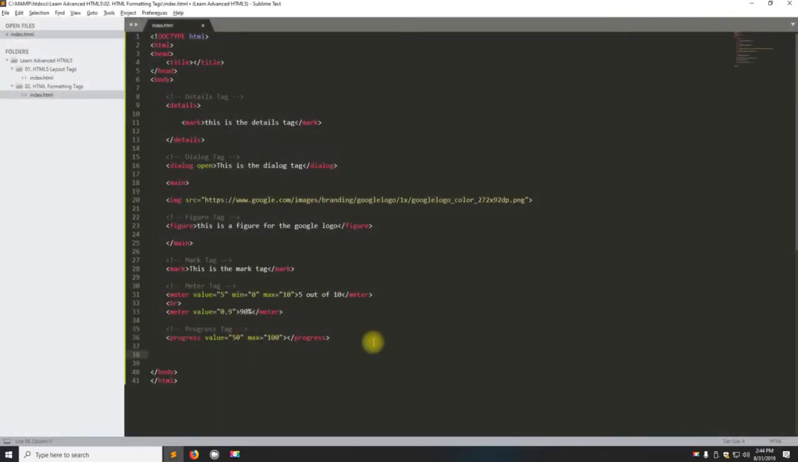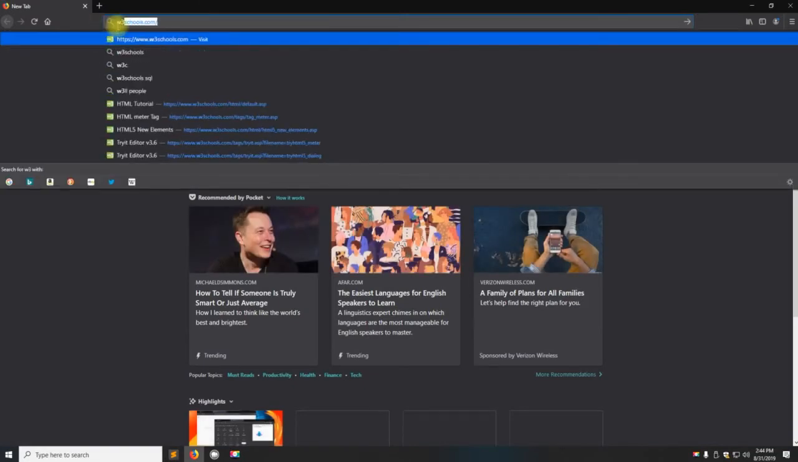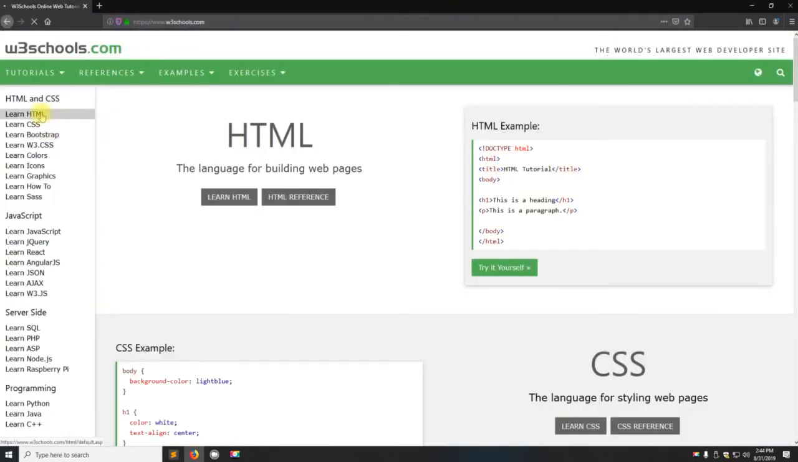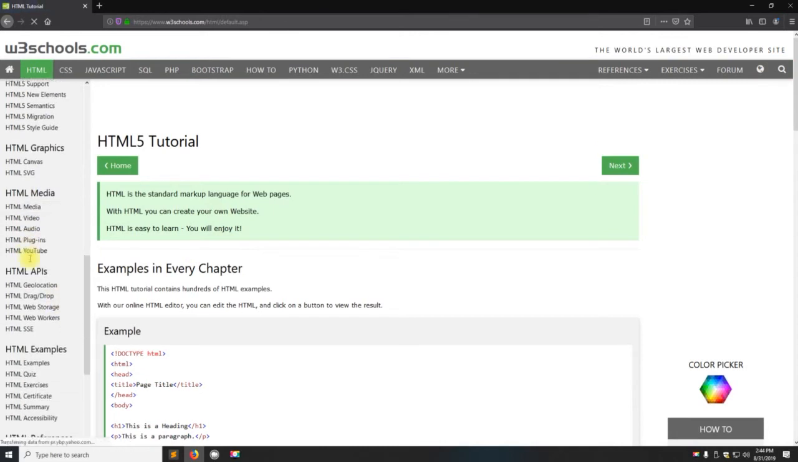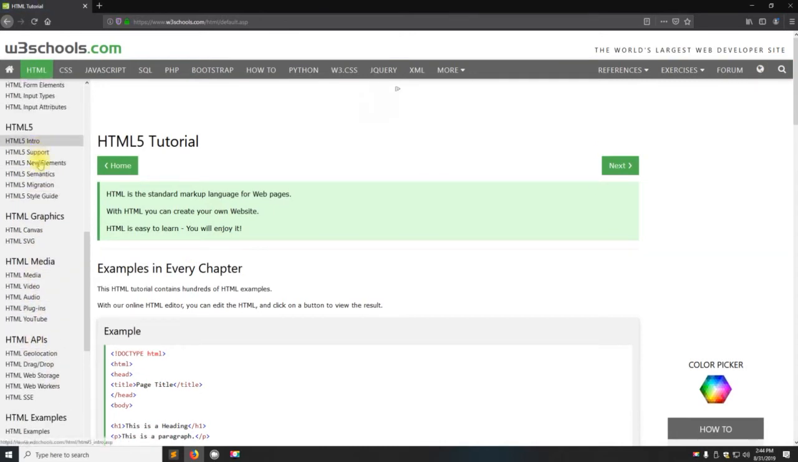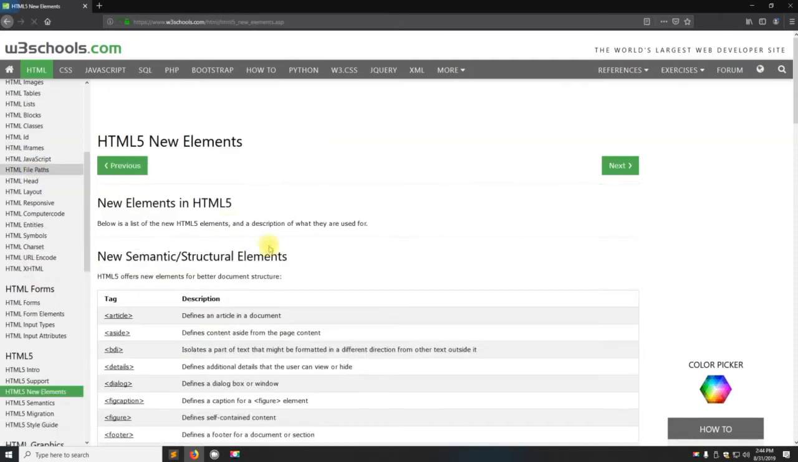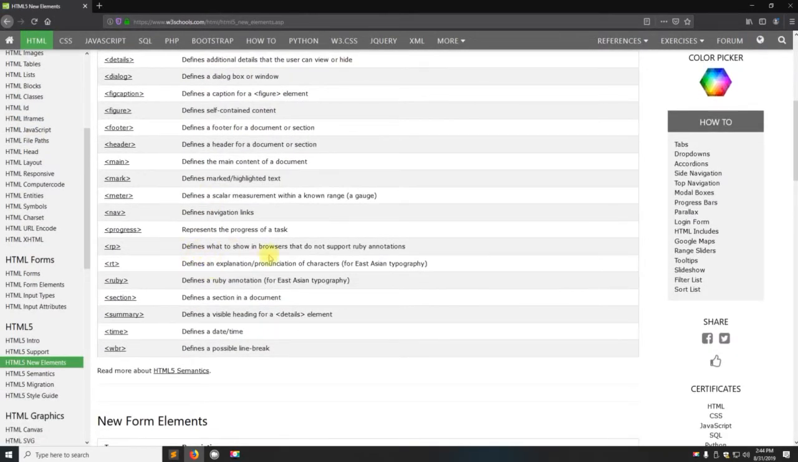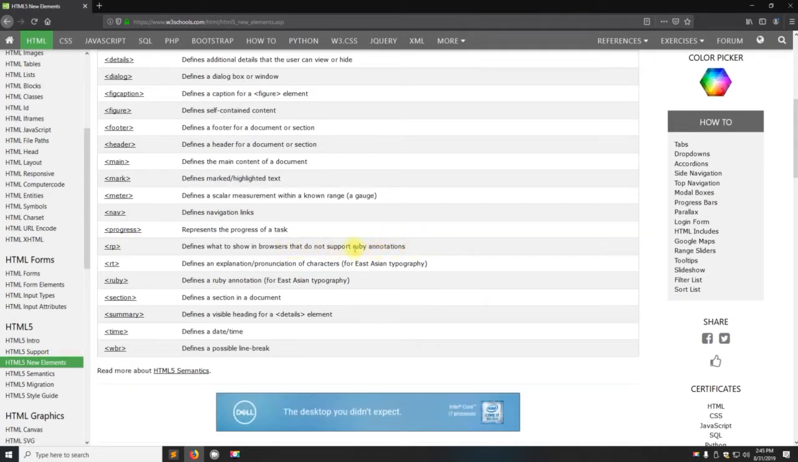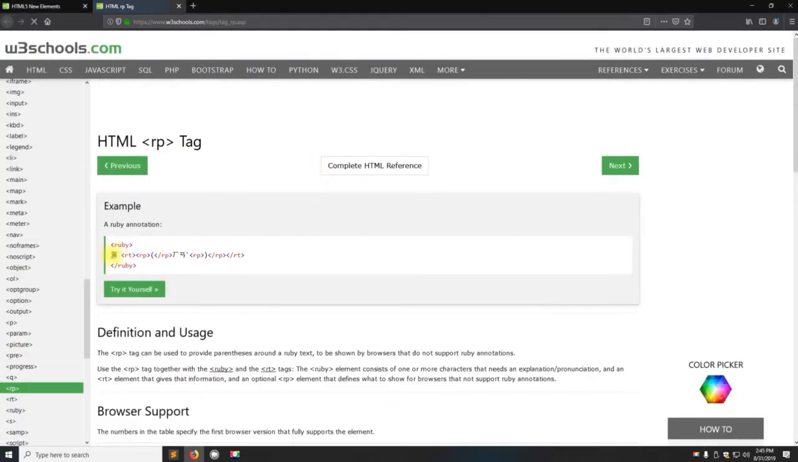And next up, we're going to do, let's see, which one did I want to do? We're going to do RP, but before we do that, I want to go to W3 Schools again, and I want you to look at the definitions of these next tags that we're going to talk about. So let's go to the HTML5 new elements, okay, and we're going to do RP right here. So defines what to show in browsers that do not supply Ruby annotations, right? So, for example,